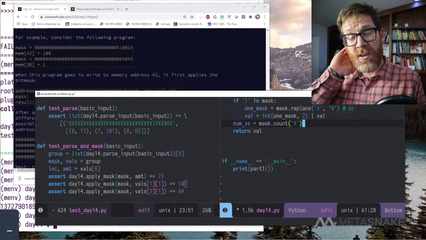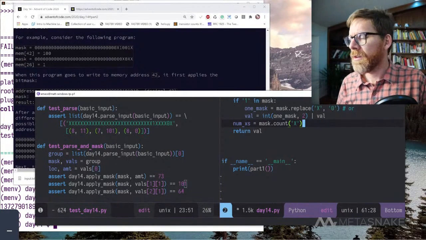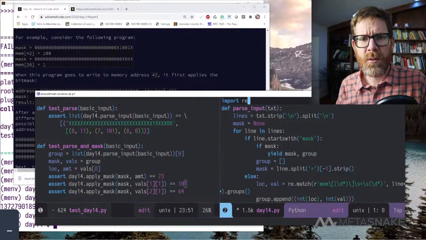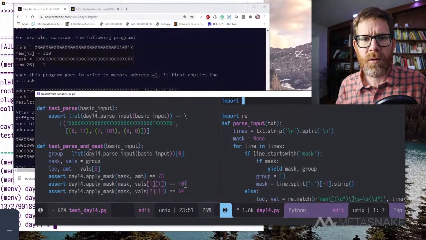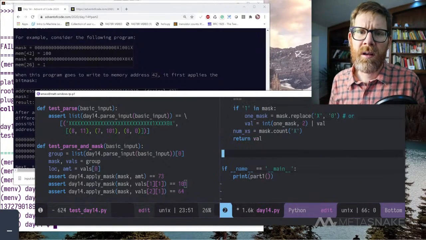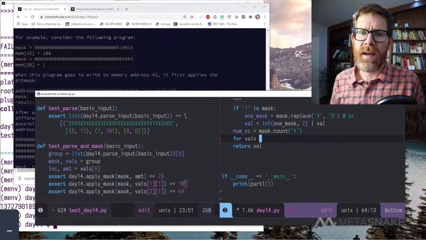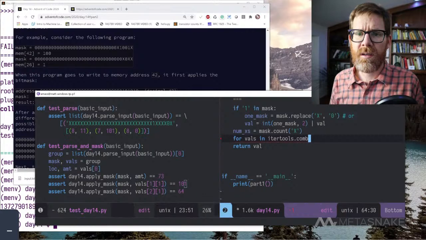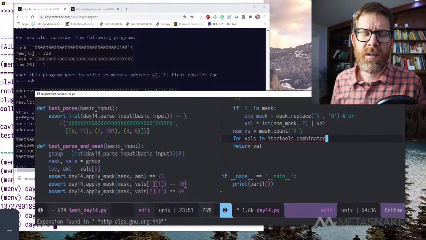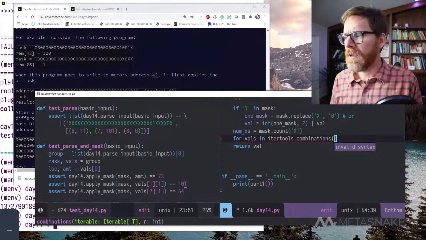And then we're going to use the combinations module here to make all the combinations for the number of x's for ones and zeros. I believe that's in itertools, so import itertools. And I'm going to say for vals in itertools.combinations,